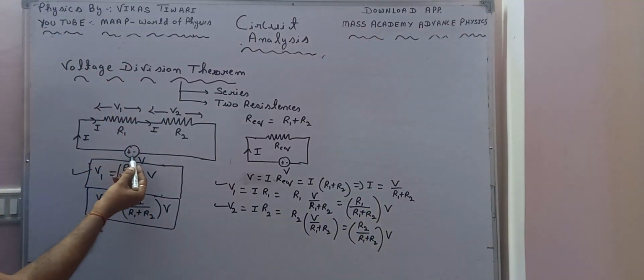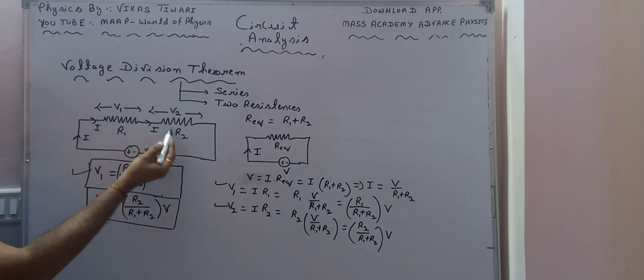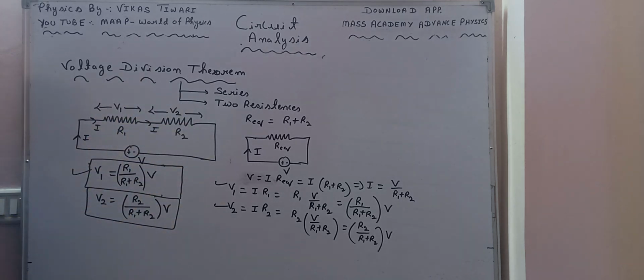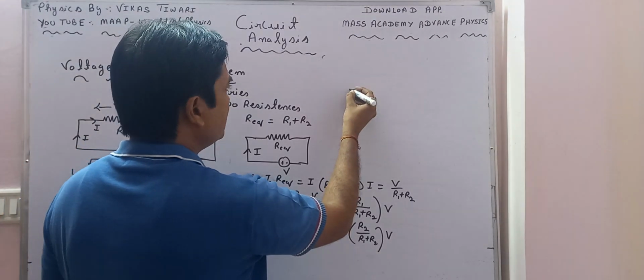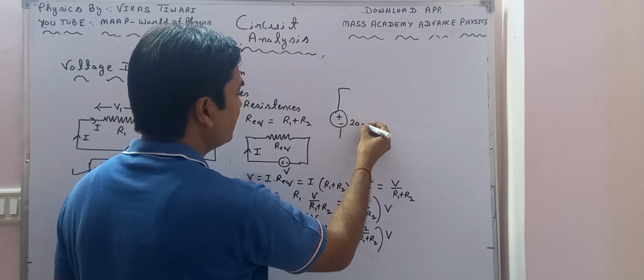So this voltage V has been divided across R1 and R2. That's why this theorem is called the voltage division theorem. Now I will take a small example over here. Suppose a 20 volt